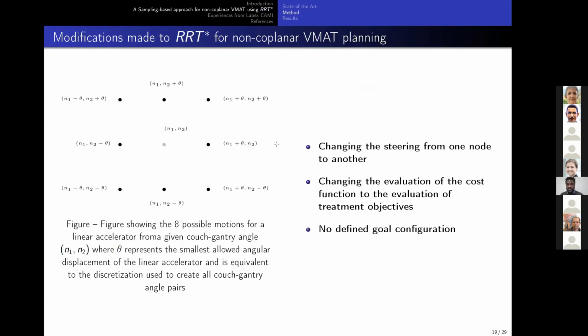Here I talk about the modifications we made to the classical RRT style algorithm, like changing the steering function, changing the evaluation of the cost function from the evaluation of the Euclidean distance, for example, between two nodes, to the evaluation of the dosimetric objective. A very important part here is that we do not have any defined goal in this algorithm. So we want our agent to navigate the space without any goal in mind. We just tell him to navigate and find the best solution on this space. So our style helps us to be able to propose, to define this